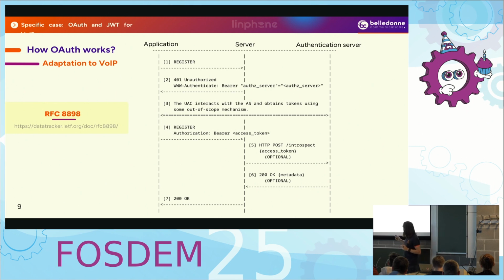The basic steps are the following. It starts with a REGISTER message. The SIP server is going to challenge this REGISTER request with a 401, but with a new type of authentication, which is Bearer, and with a special parameter, authz_server. In the authz_server parameter, the SIP server specifies which authorization server has to be contacted by the application. On step 3, we perform the authentication using the username and password, and we get back an